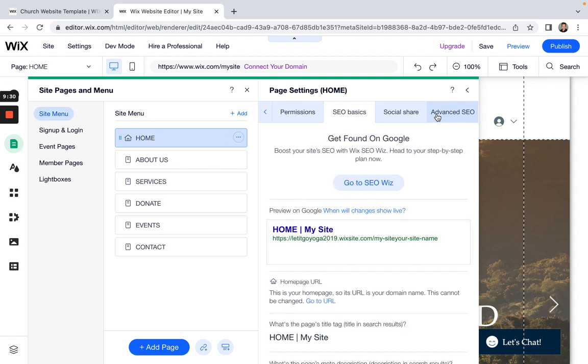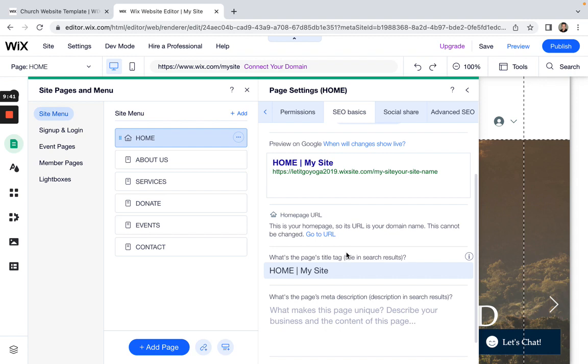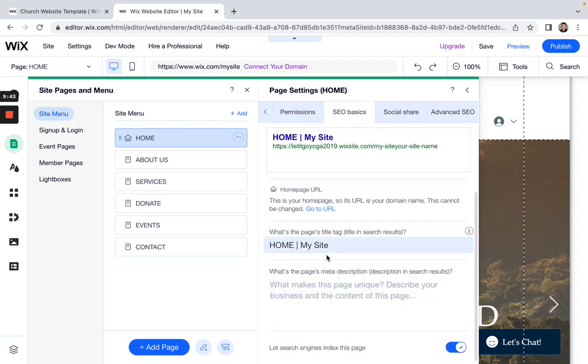And this is where you are going to be working on the basic SEO of your site. Every single page on your site has to be optimized with SEO, okay? Every single page has to have the title that the page is about, and I can talk to you a little more about that